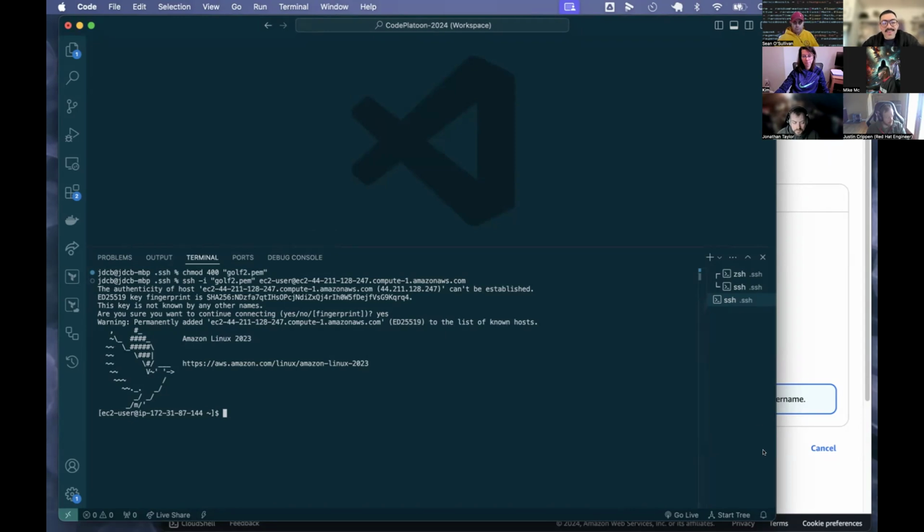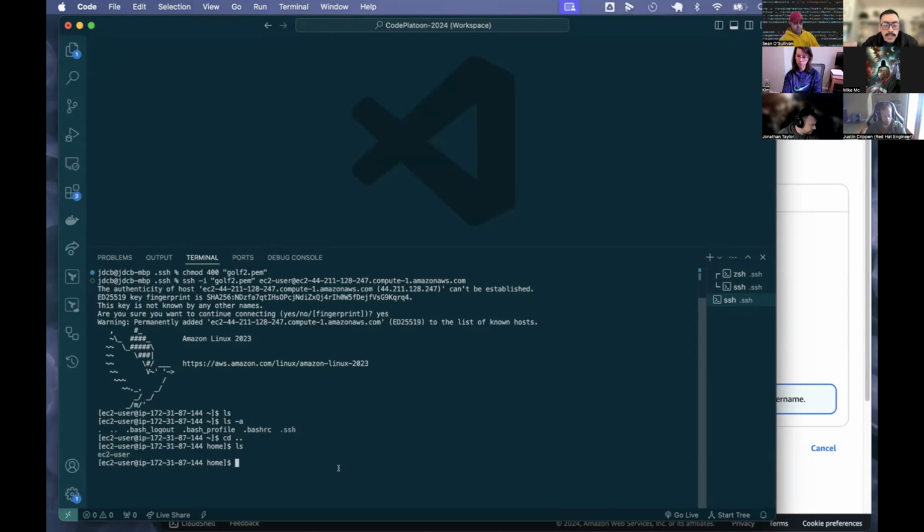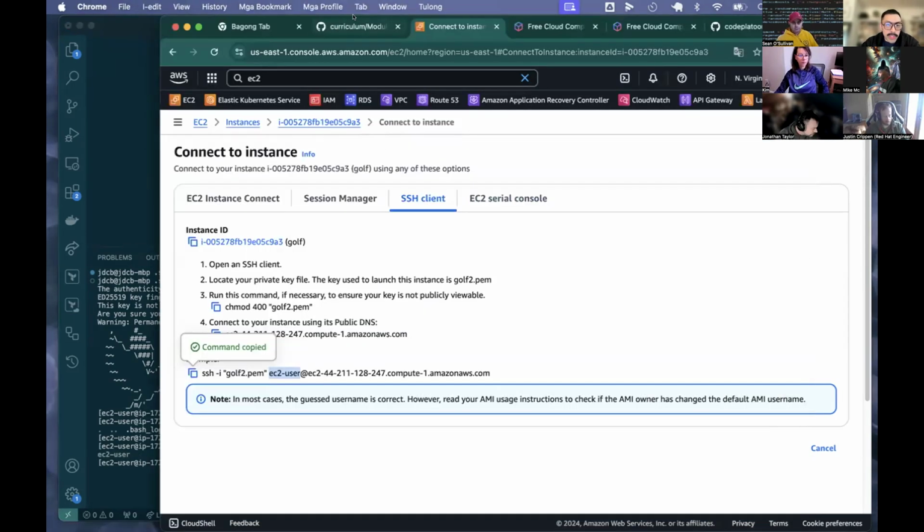Awesome. All right. You're on your new Amazon Linux 2023 image. If you do an ls, you'll see nothing. If you do an ls -a, you'll see some similar looking folders. You'll have a bash folder and a .ssh folder, because where you're at right now is your home directory. If you go up one directory and you type ls, you'll see your username, ec2-user. So you are now SSH'd into your EC2. And from here, you're going to be able to run any command that you could on your local machine. Well, I shouldn't say any command,